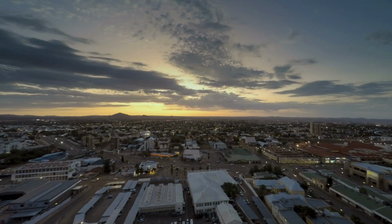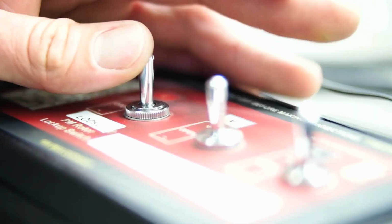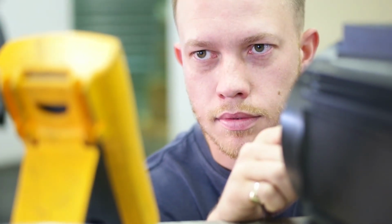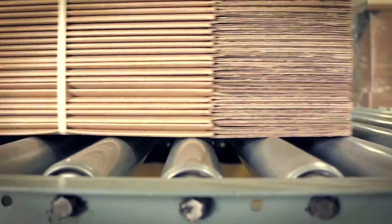Motion Tronic is an award-winning company providing world-class service to our customers across South Africa and beyond. With over 13 years in business, we have built a strong reputation for quality and service with a first-time attitude in everything we do. We work across a wide range of industries, including food and beverage, paper and packaging, plastics